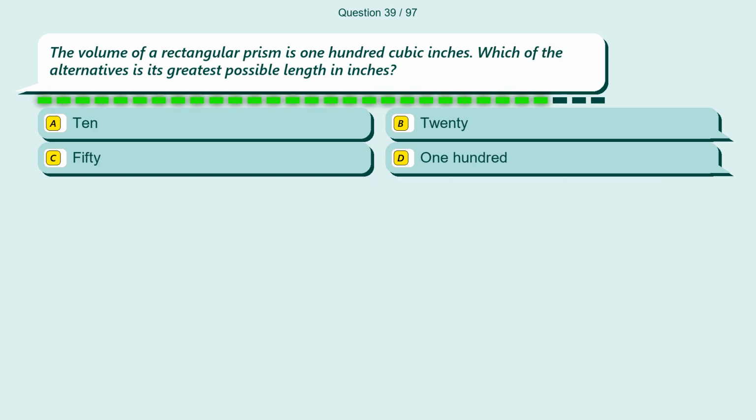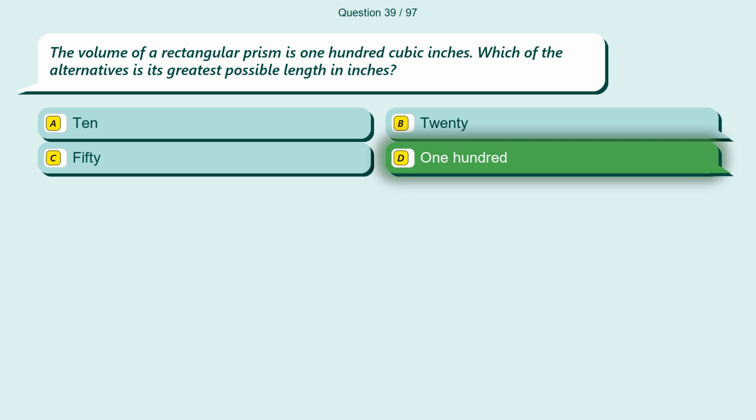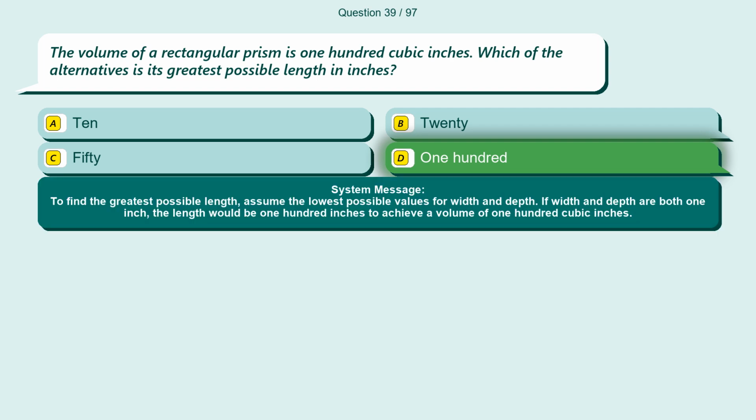Question 39. The volume of a rectangular prism is 100 cubic inches. Which of the alternatives is its greatest possible length in inches? Option A, 10. Option B, 20. Option C, 50. Option D, 100. The correct answer is option D, 100. To find the greatest possible length, assume the lowest possible values for width and depth. If width and depth are both 1 inch, the length would be 100 inches to achieve a volume of 100